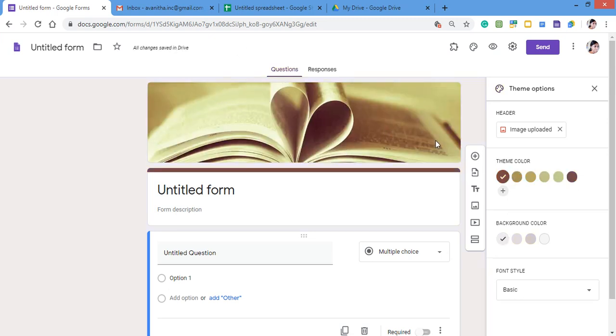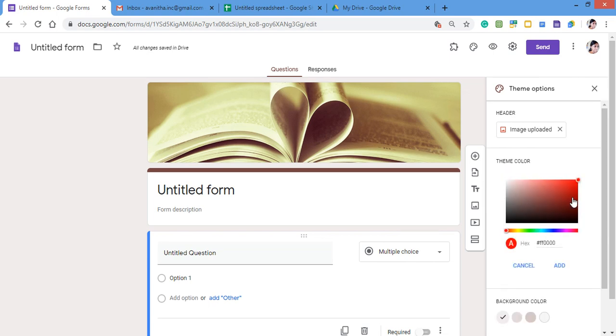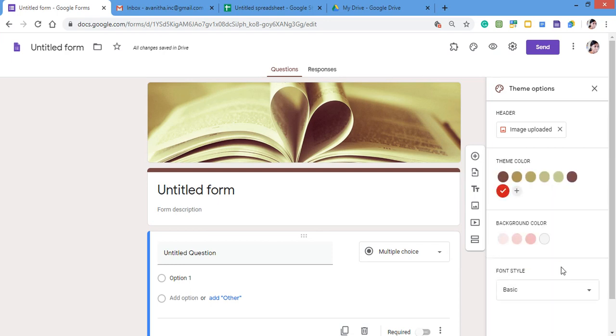According to the type of Google Form, you can add your themes to it. Then the color options can be added according to the background, or you can change to your own theme also. It is going to show you all the colors in the theme, and you can select whichever you like. As I am adding, it will be showing red. According to the theme color, the background color will also be shown here.